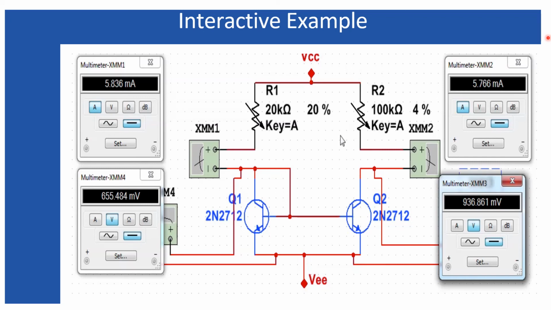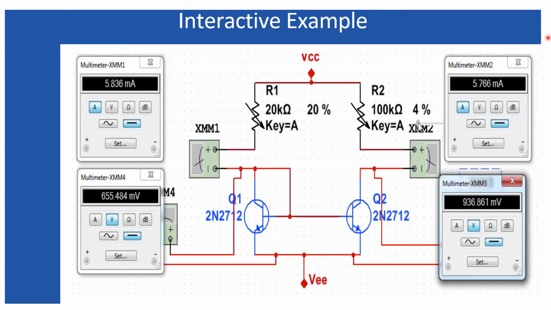As per the theory, this branch should not load, that is, the transistor Q2 and the R2 resistor should not load the transistor Q1 and the R1 resistor. That means, although I am going to vary this resistor R2, the current should vary through this branch, that means through this R2, but the current Iref must remain constant.